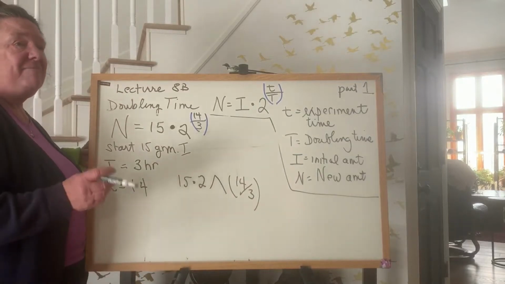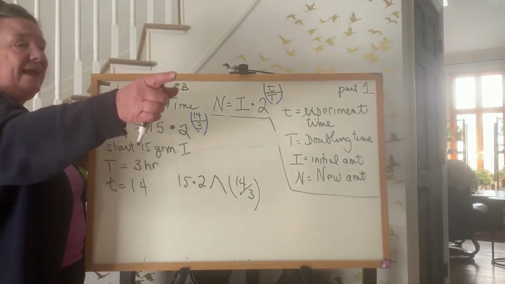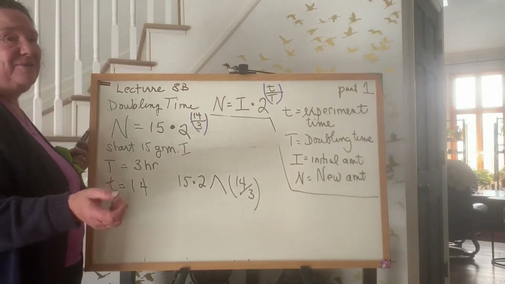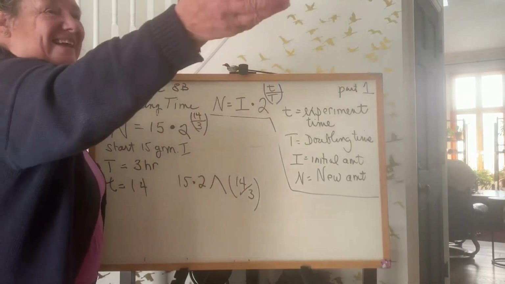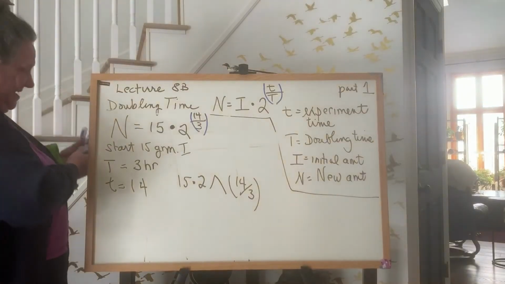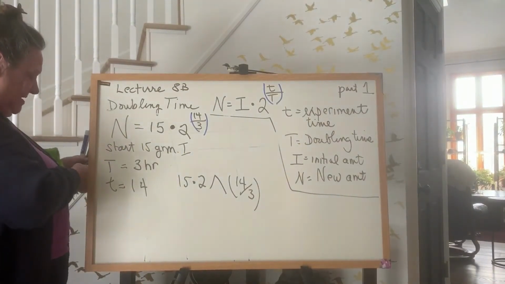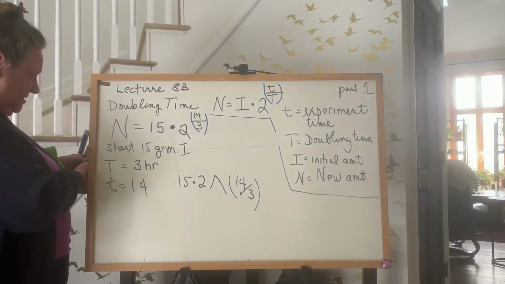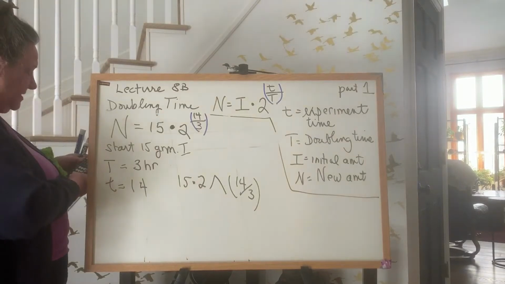Okay, and I'm going to have my assistant hand me my calculator so I can do that with you. Thank you. Okay, so I punch it right in. 15 times 2 to the 14 divide 3, close parenthesis,